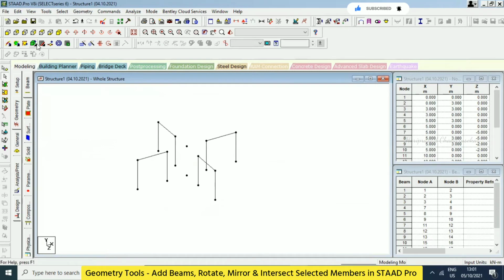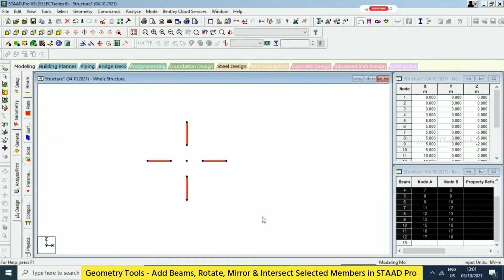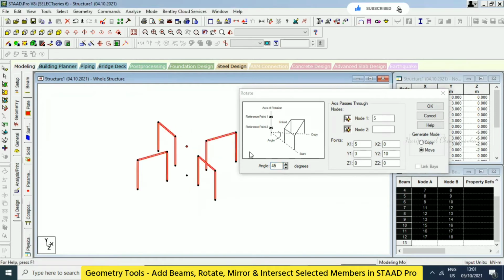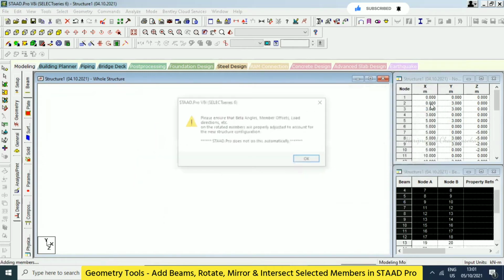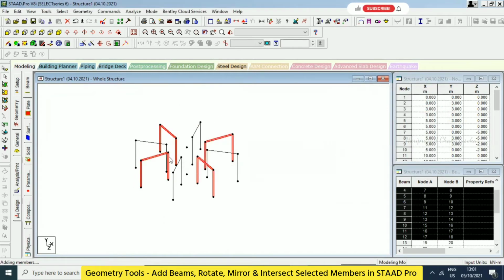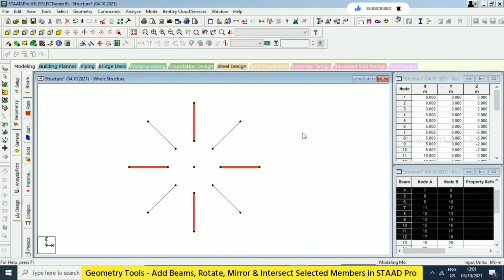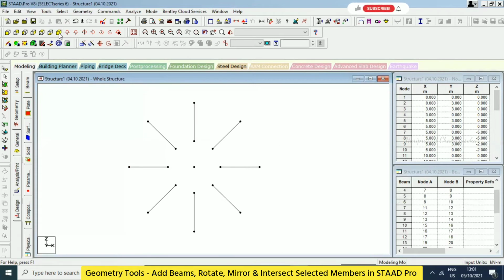Now all together, if you select, and then I'm just going for rotate, and I'm just going to make 45 degree, and I'm just going to take two nodes, one here and then one here. Okay, I'm just going to make copy and okay. And can you see now the result? Okay, so like this, it is easy for copy, move, paste, rotate, mirror, everything. Exactly 45 degree, whatever you are inputting, it will come.